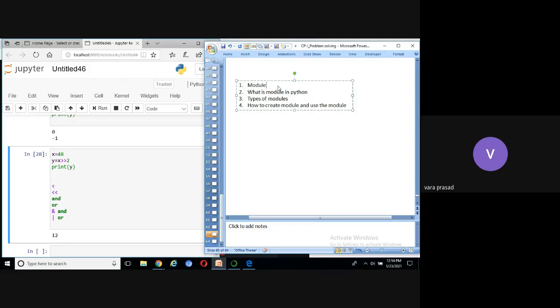If you take any file ending with .doc, it is a document file. If any file ends with .txt, it is a text file. If any file ends with .c, it is a C program file. If any file ends with .cpp, it is a C++ file. Any file ending with .java is a Java program file. Like that, any file ending with .py is called a Python program file. If the file ends with .pyc, what is that? PyCharm. What is PyCharm?